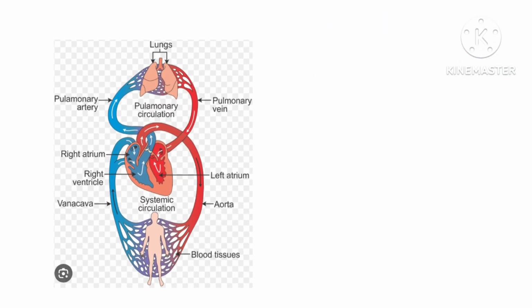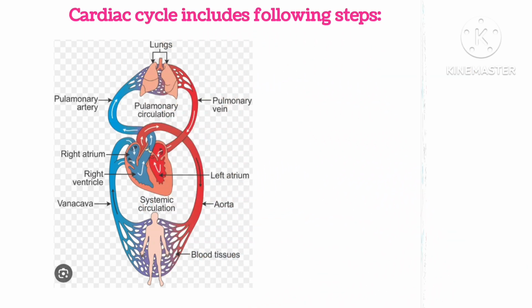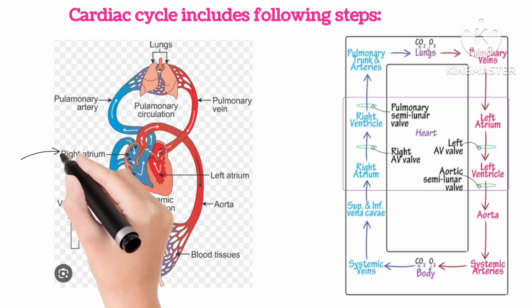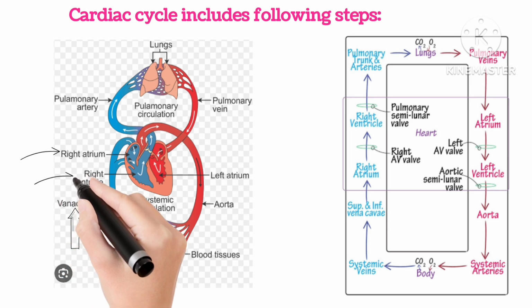You can see the different groups, pulmonary circulation and systemic circulation here. The cardiac cycle includes the following steps. You can see the flow chart on the right side. So the deoxygenated blood collected from the vena cava enters into the right atrium, and then from the right atrium to the right ventricle,